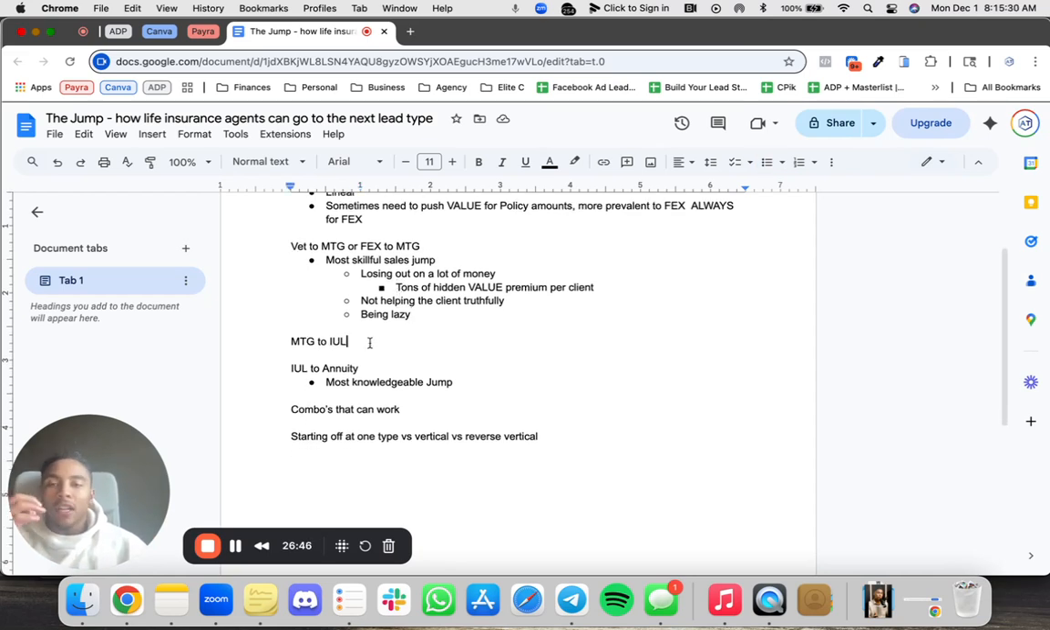Okay. Now, next jump. And I'm being broad. So if you guys want me to go more in depth on any of these, just drop comments below because I got a lot of stuff to go through. Mortgage to IUL. Now, to me, this is a very horizontal adjustment